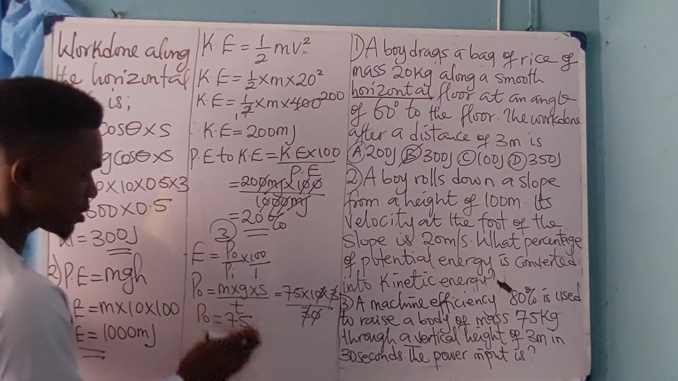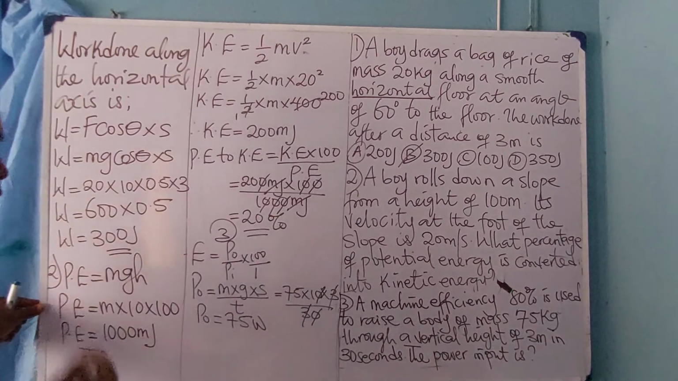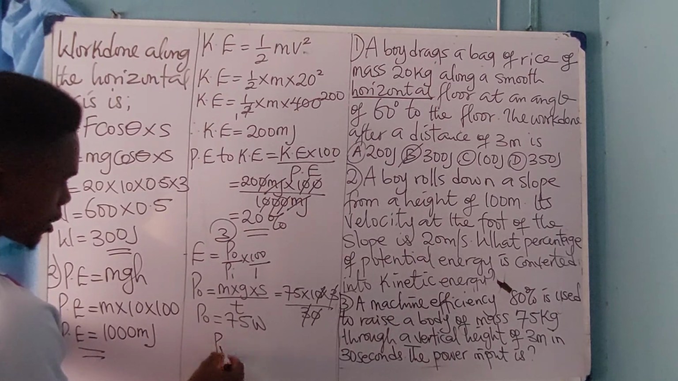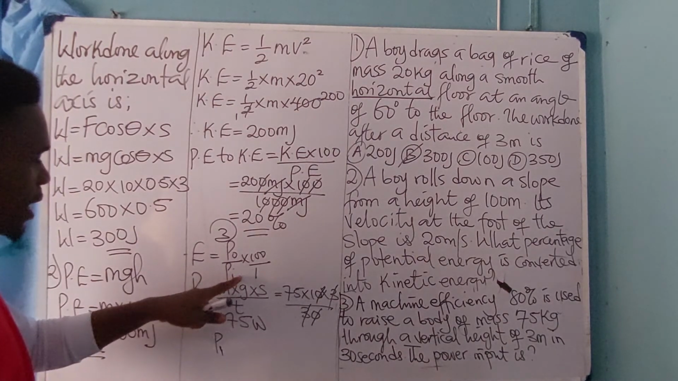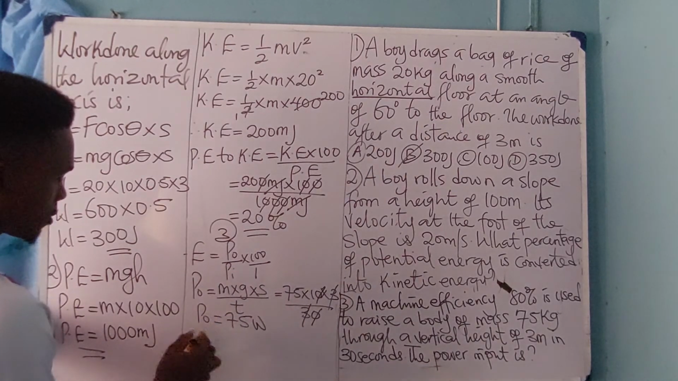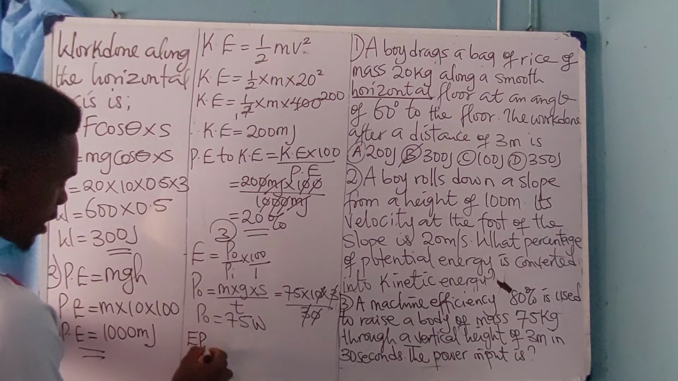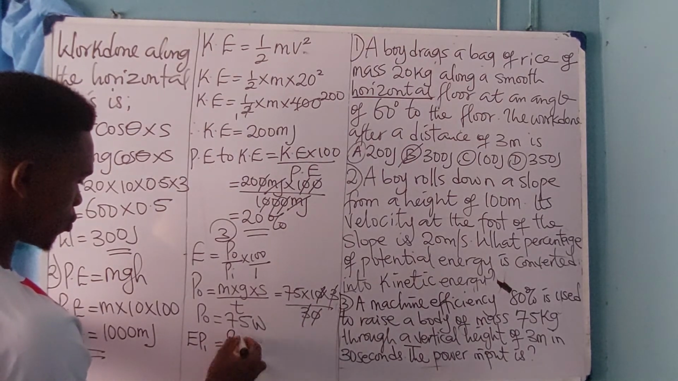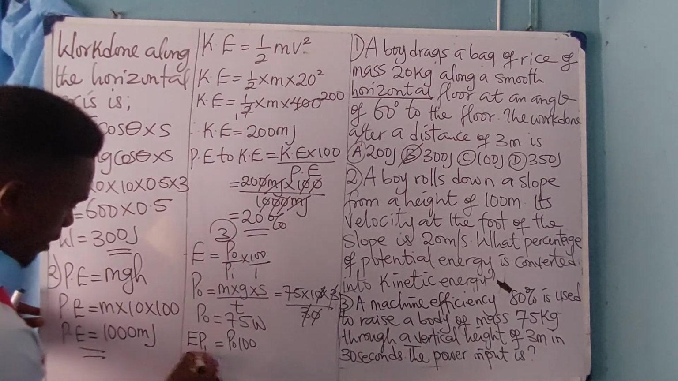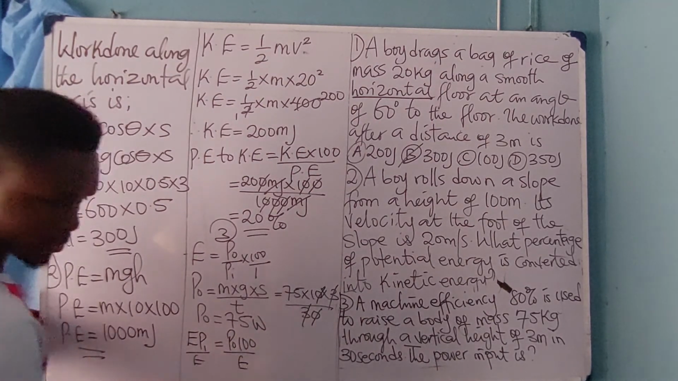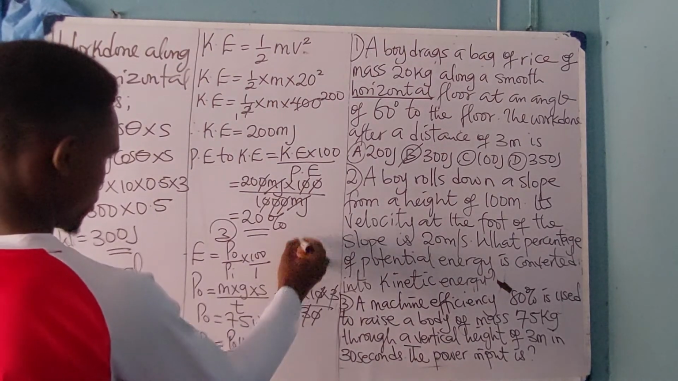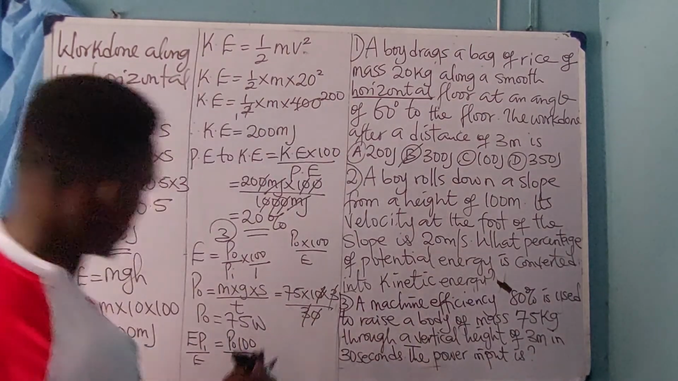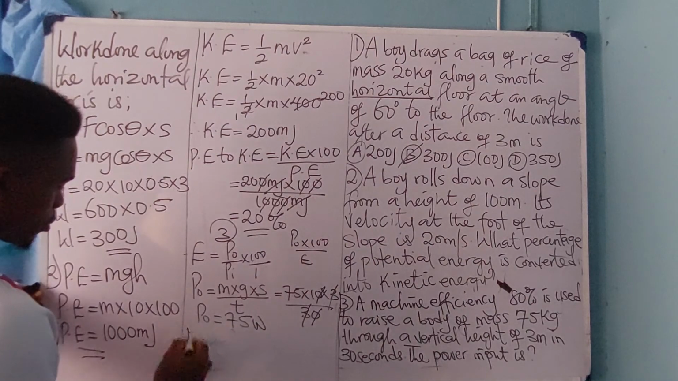Power output is 75 watts. Since we are talking of power, you know the SI unit of power is watt. Therefore, for the power input, we have to make Pi the subject of the formula. In doing so, you'll be having Pi equals PO times 100 divided by E. Which means that we now have our power input now, which is P